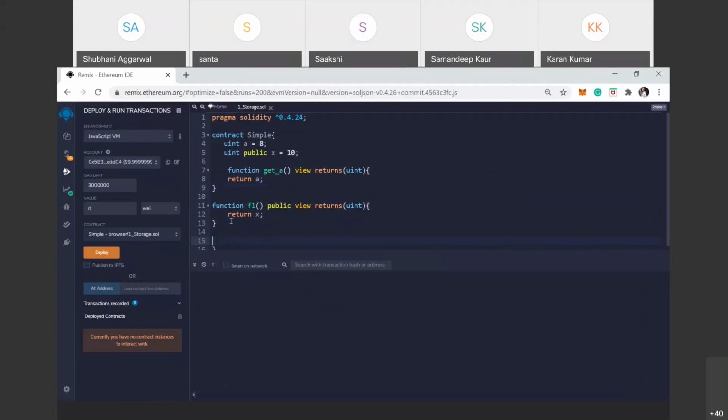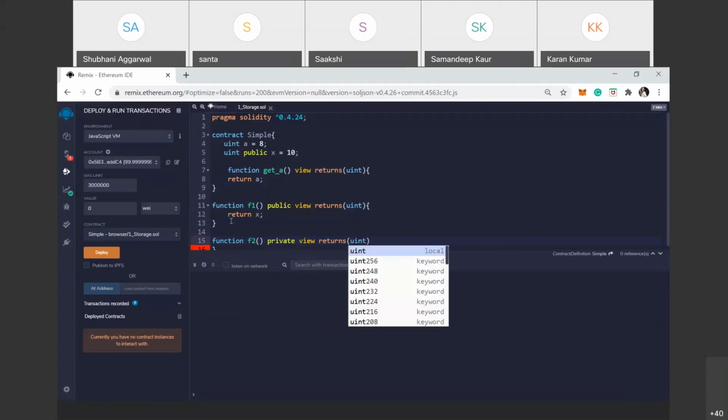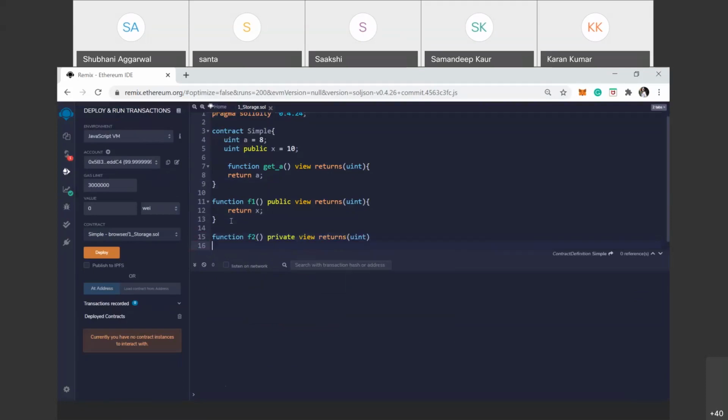One more function, f2, that is private in nature. View returns some uint value.